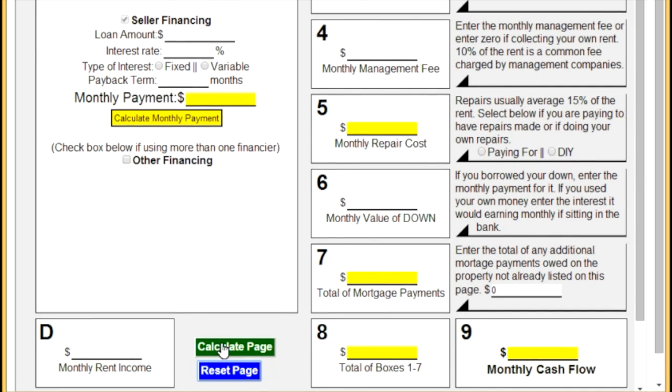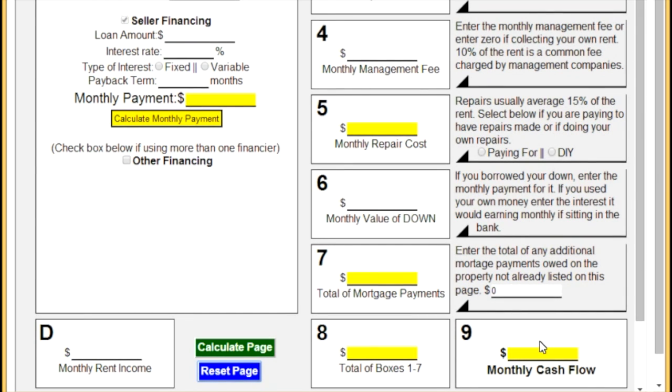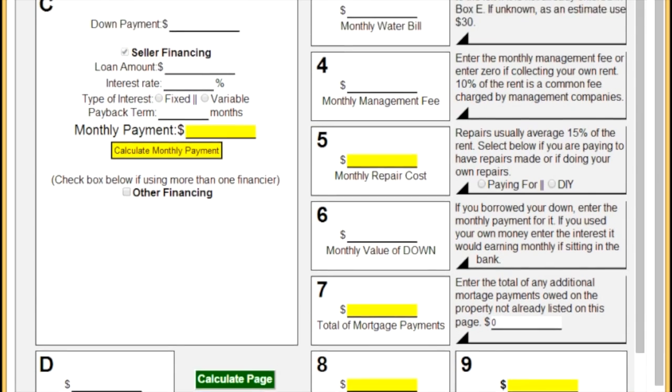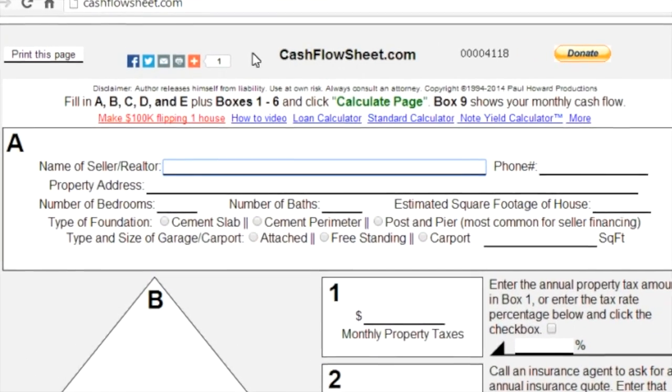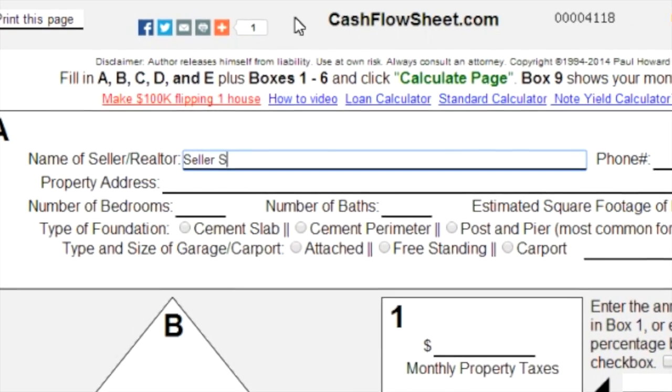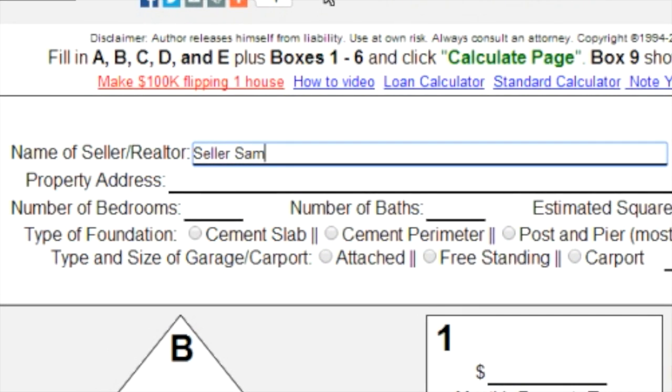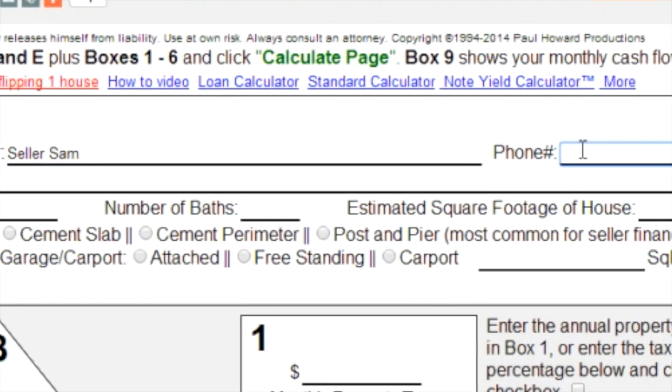Now what happens when we hit calculate page is it takes the rent income from box D, subtracts box 8, and puts the positive or negative number in box 9. So let's go ahead and pretend that we're going to call a seller and put in information as we progress. So I'm going to say that we called seller Sam, phone number,